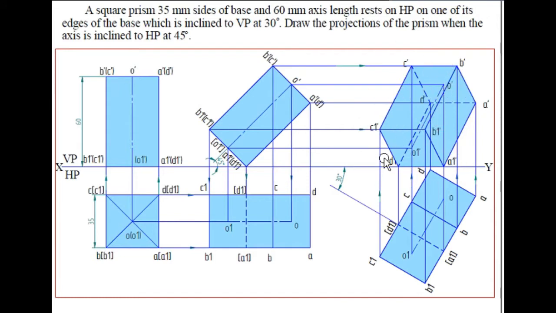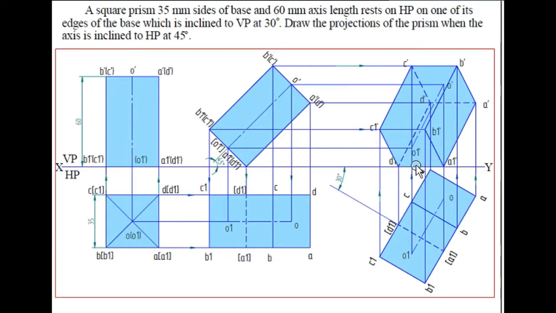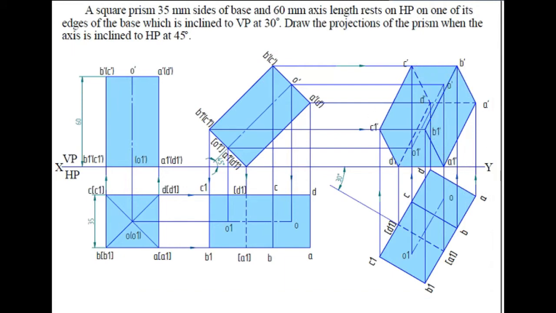So representation of hidden lines is very important. That is identified by the observer when he is seeing from this direction, and you have to identify the farthest point. So with respect to the farthest point, you have to draw the hidden lines. Whatever the lines that are connected with respect to the farthest point will be hidden, and the remaining lines which are joined will all be represented with visible line. So that is how the problem has to be solved. Okay.